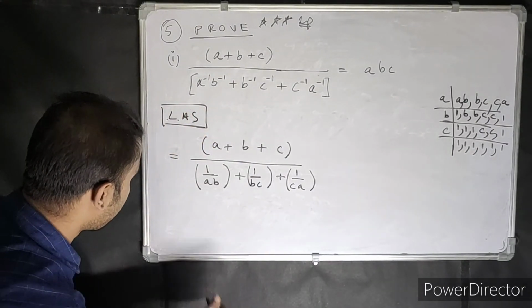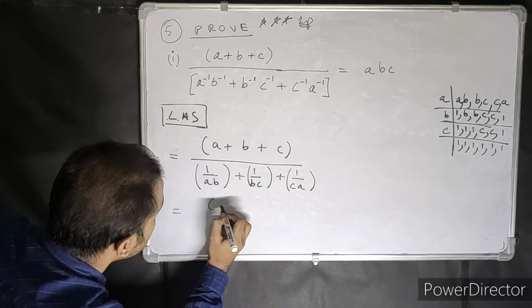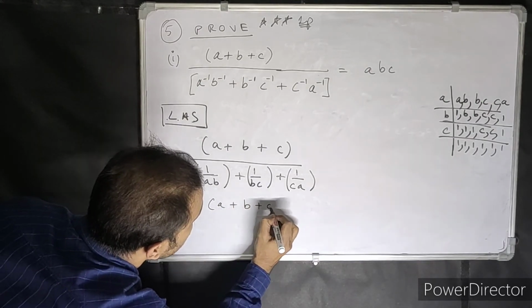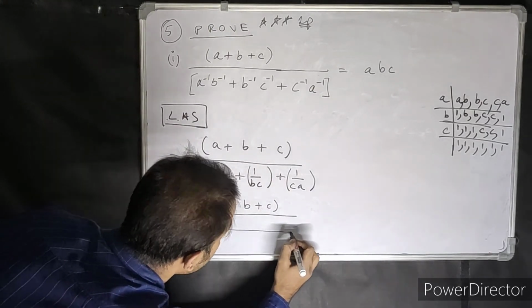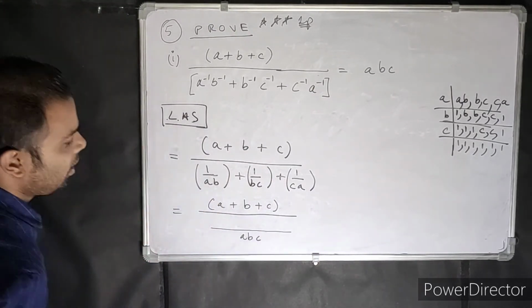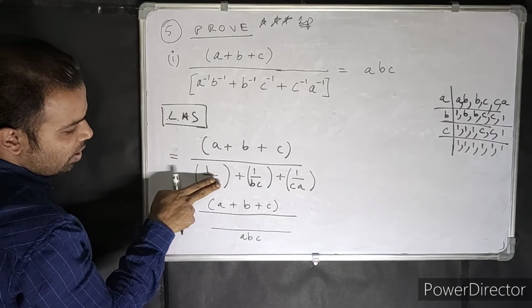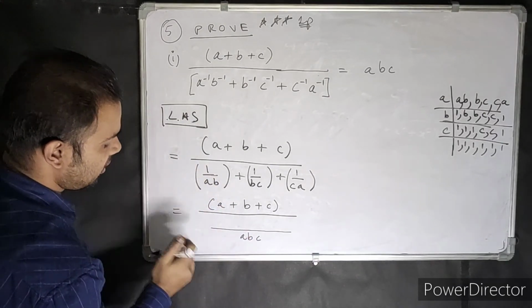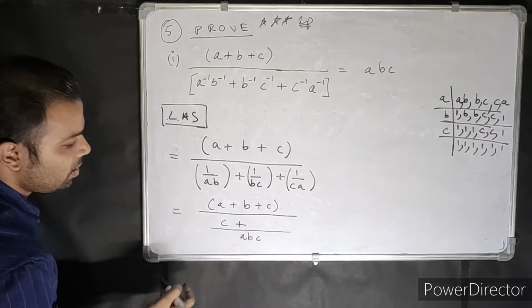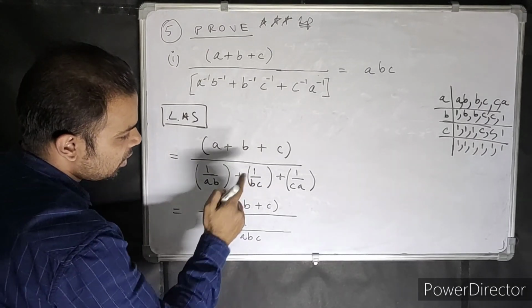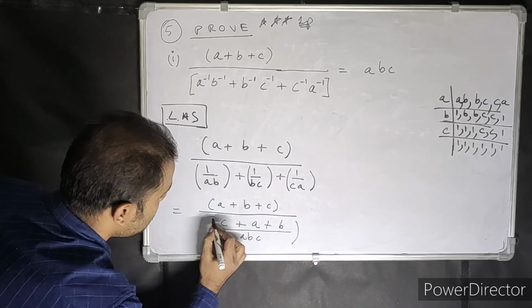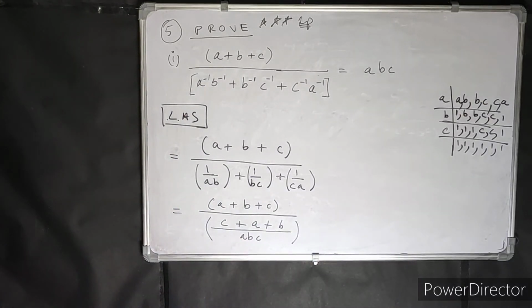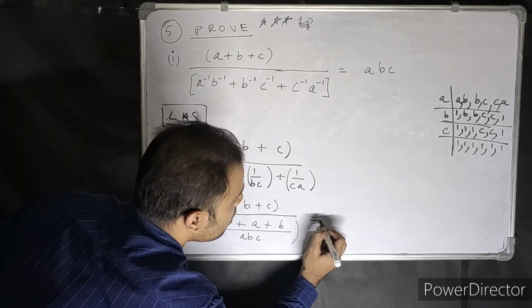Very simple. Now from here on top you have a plus b plus c, and then down you have abc. Now cover this. Over here what do you have? You have ab, you have ab. You don't have a c. Write the c. Then again cover, you have bc, bc, you don't have an a. Write a. Over here of course you will not have a b. Alright, that's done.